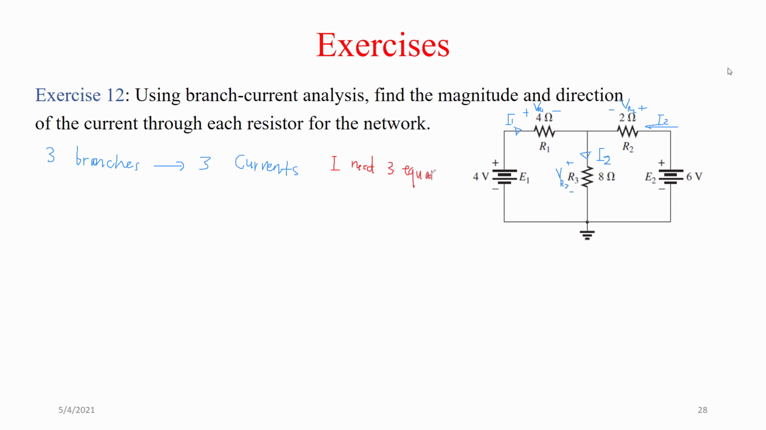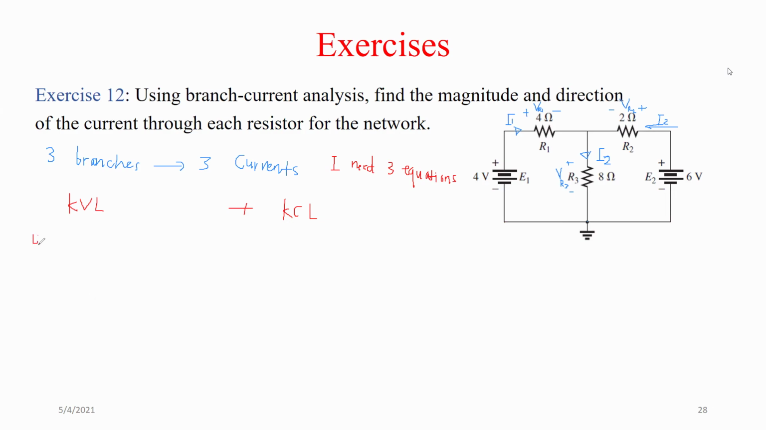How do I find those equations? From Kirchhoff's voltage law and from Kirchhoff's current law. So I'm going to look at the small meshes, this loop and this loop. It will give me 2 equations. Look at this loop. If I start from this point, go all around,